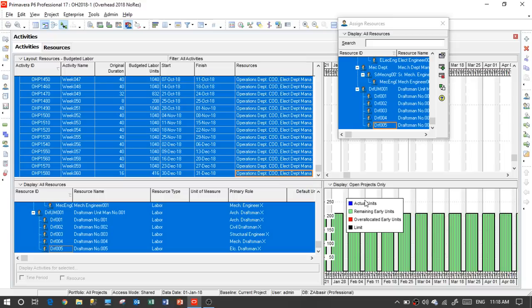Now it's finished. Of course, it takes time because it's the overhead; it's a big process. Now, if you see this, it was 40 hours in this week. Now it's 1,040 hours budgeted for all resources, from the CEO in the operation till the draftsman. Of course, there are other advancements we can add, but see how simple it is to add this. I can finish all of this completely for the full organization in 4 hours, a full day with checks and trial and error until finished, and I will get in one day a full estimate in Primavera for the overhead cost for this organization.